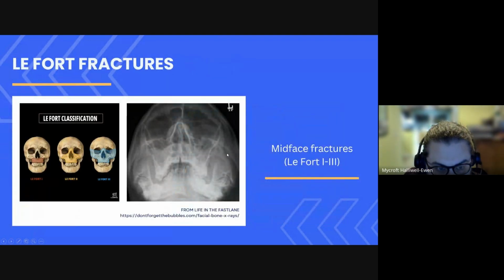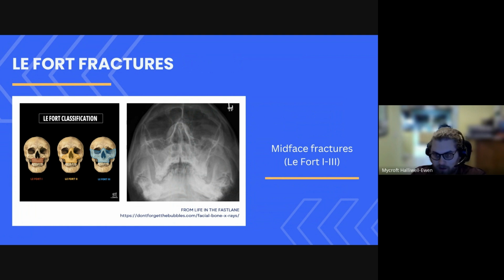Le Fort fractures, right? Le Fort fractures are really, really interesting. Again, they come up repeatedly. I've just had to relearn them for my latest exams last month, right? But they are